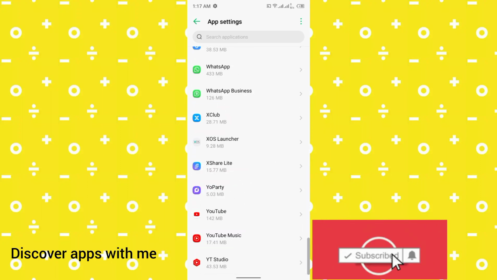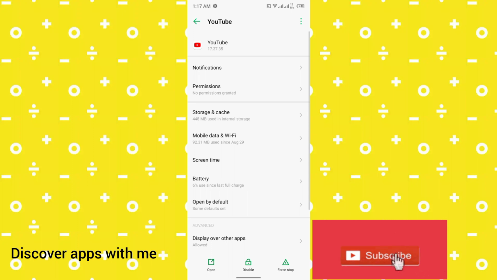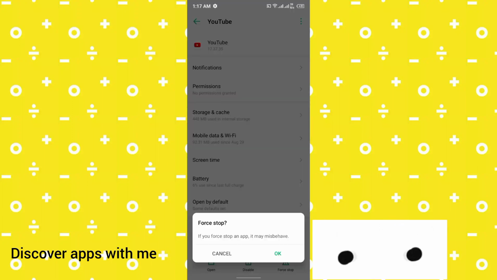You have to scroll down towards the bottom. There you can see, at the third last, your YouTube. You have to click on it. There you can see the option of force stop. You have to click on it,